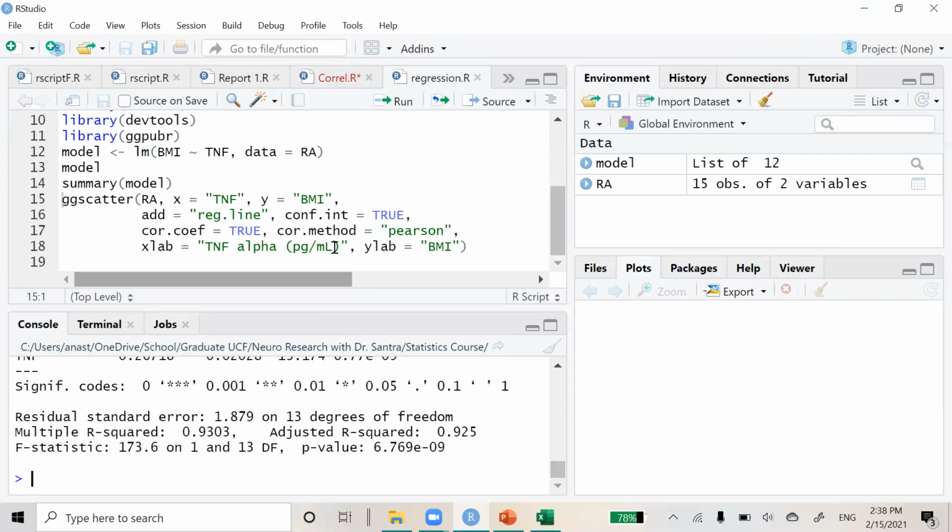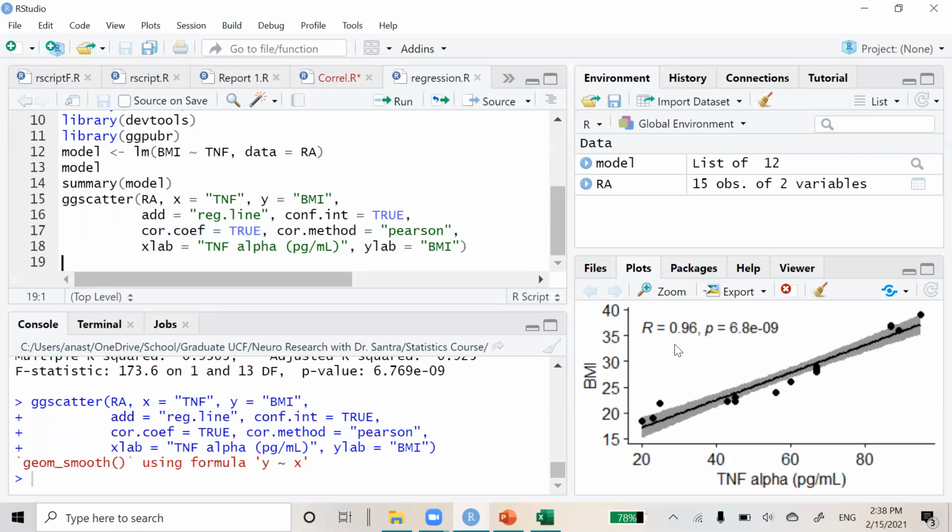So after you get this and you want to create your scatter plots, you use the function ggscatter, just like in the correlation. You open your parentheses, you indicate the data which you want to use. So in this case, it's RA, comma, your X variable is the independent variable, your Y variable is your dependent variable. Then I indicate that I want to add the regression line, I want to add my confidence intervals, I want to add my correlation coefficient, and my correlation method that I will use is Pearson's R. Then for my X label, I'll indicate how I want to label my independent variable, and then the Y label is my dependent variable. Again, I run that and it will give me